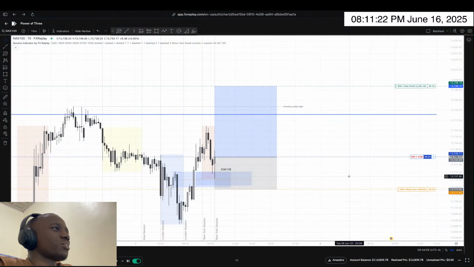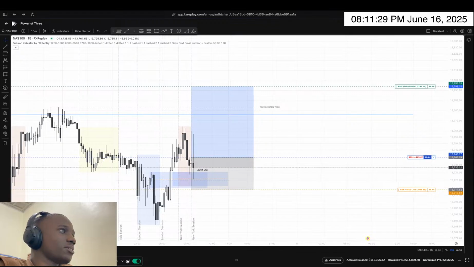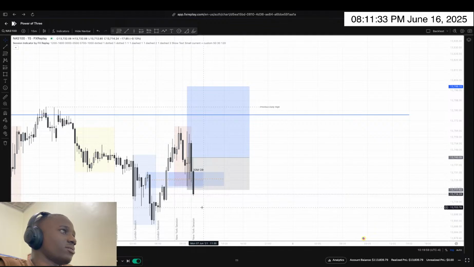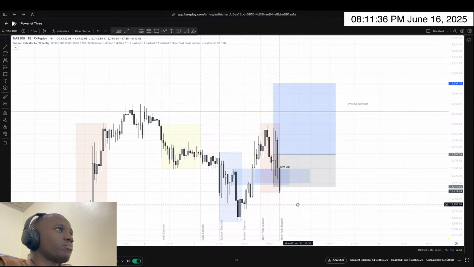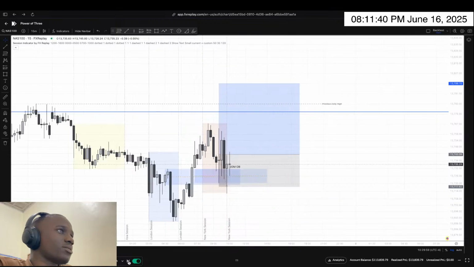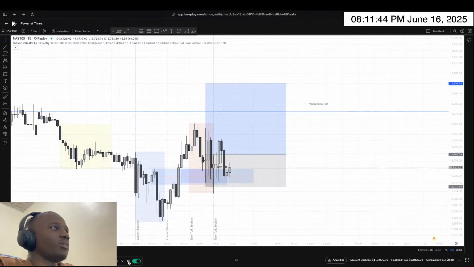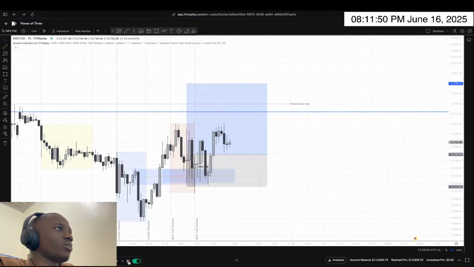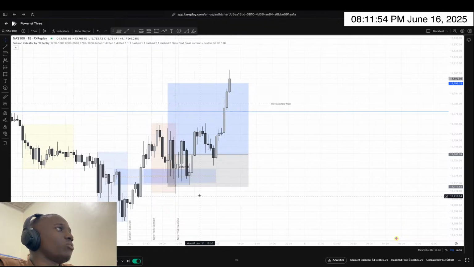We're taking trades consecutively. I don't know, that's not promising. Whoa, we were about to get stopped out. Do you see this? Okay, market's choppy now. Yeah, we ended up getting stopped out. Market was really becoming choppy. You can see how it's behaving. But we still have our drawn liquidity, our eyes focused on the previous day high. I think it will get taken out. And boom, taken out.